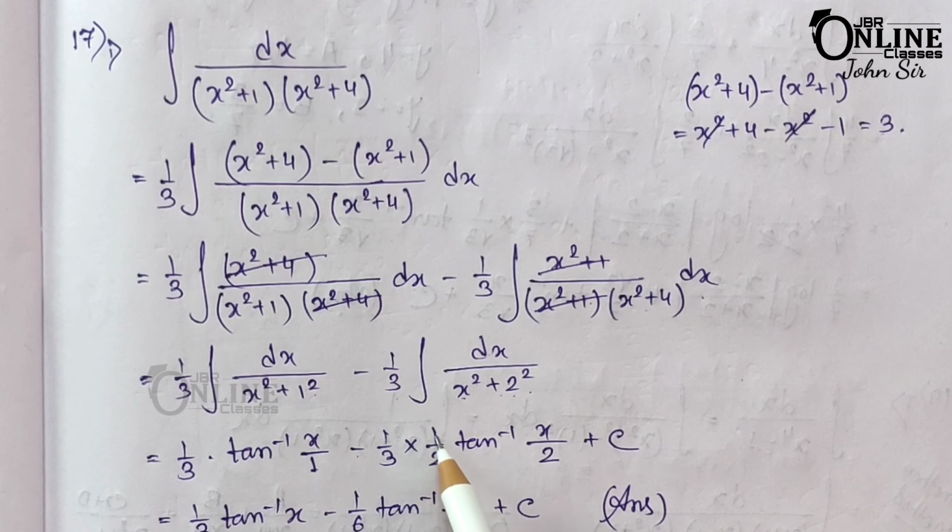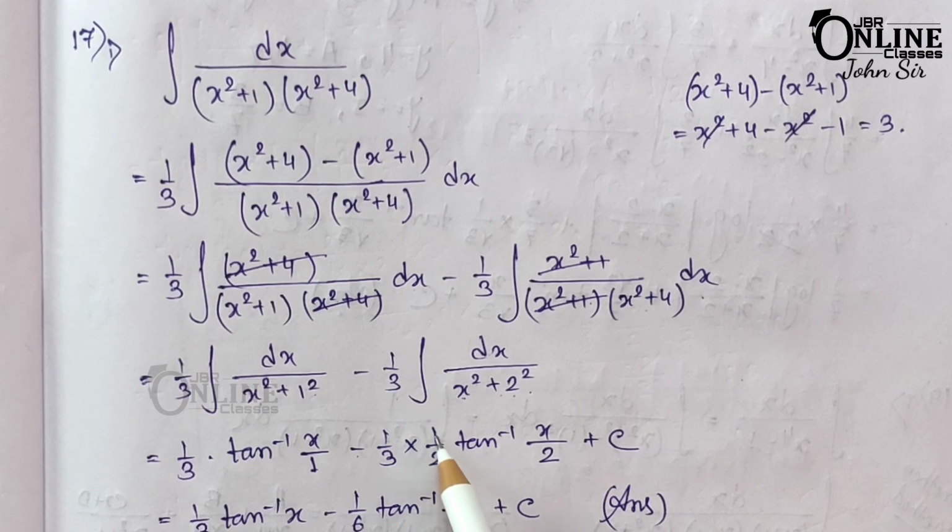So now you can write the integration in that form, as a equal to minus 1 by 3, so minus 1 by 3, then dx by the first one here x square plus 1, then b equal to 4 by 3 integration dx by x square plus 4. So you know the formula, it will be minus 1 by 3 tan inverse x, and this one will be 4 by 3 into 1 by 2 tan inverse x by 2, as same as the previous one. Okay, so here minus 1 by 3 tan inverse x plus 2 by 3 tan inverse x by 2 plus c as your answer.